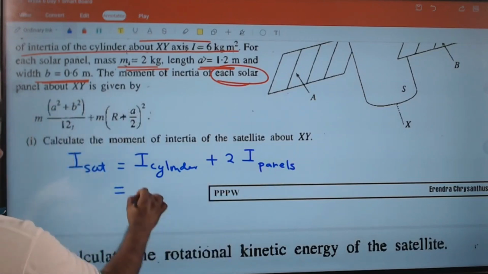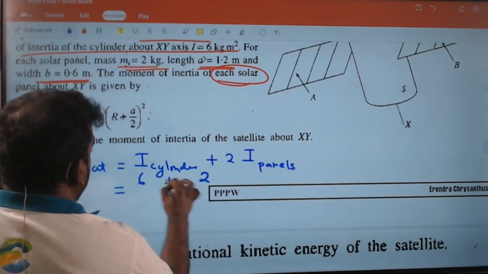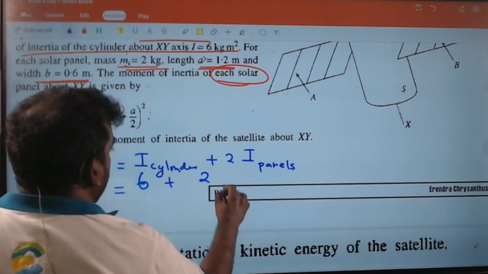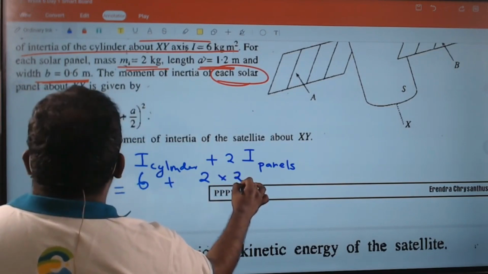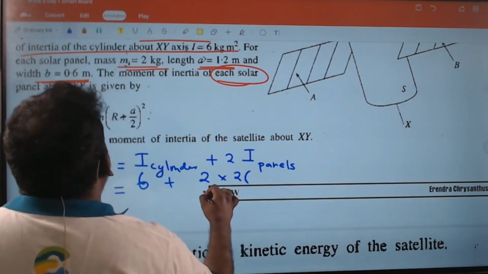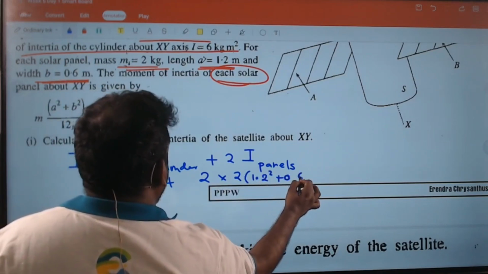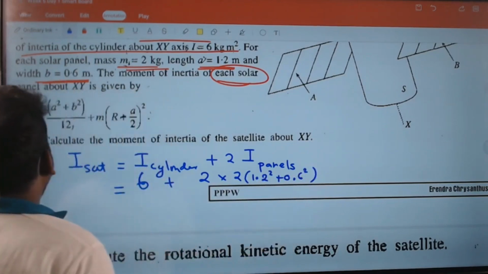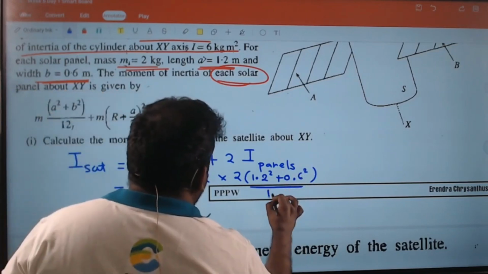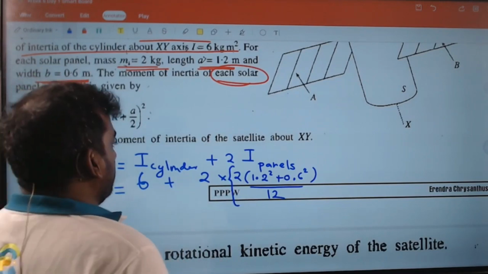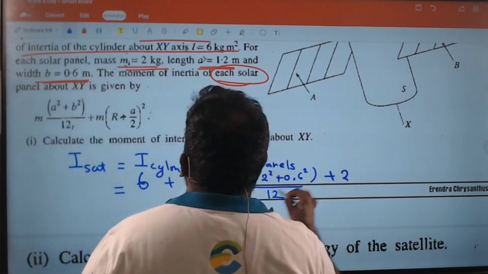Cylinder is 6. 2 times panel: mass is 2, A squared plus B squared, 1.2 squared plus 0.6 squared, divided by 12, plus mass times